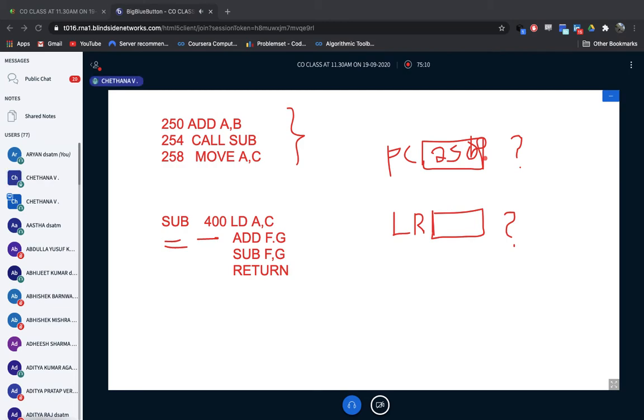No, wrong, Mohammed Saif. It is 400. Why? Because here it's a subroutine. I called a subroutine at 400, so 254 will go and 400 will come. But the 258 Mohammed Saif said is also correct actually. Whenever this line is executing, by that time the program counter will already be incremented to 258. But as soon as I see this subroutine call, I will jump to 400, because of my calling function.